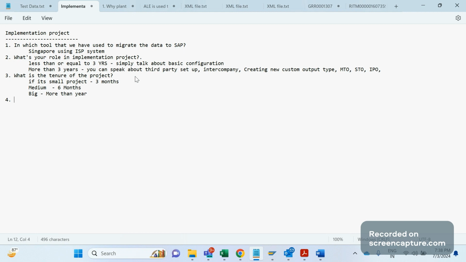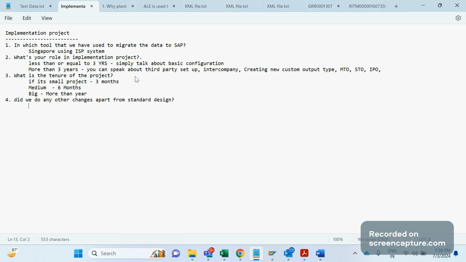And in the implementation project, did we develop anything new? If yes, what new things did you do? Did we do any other changes apart from standard design? Most of the time, the client requirement will be fulfilled with the help of standard design, standard configurations, code, everything will be there to fulfill the requirement.